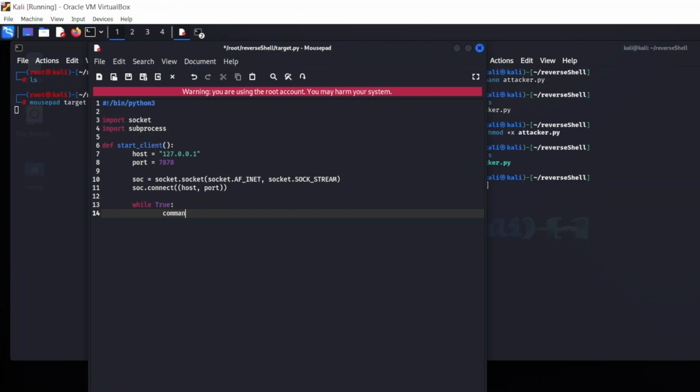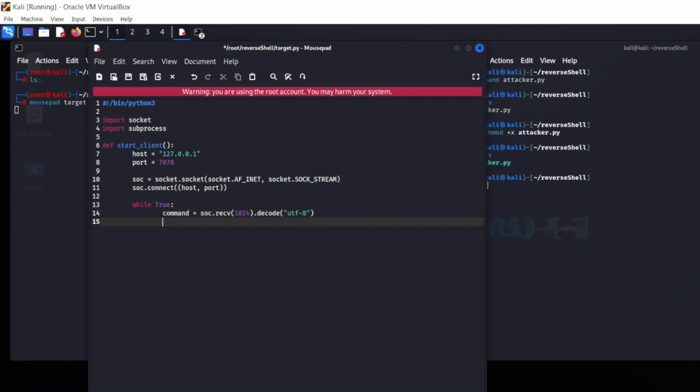So command is going to be equal to .recv, and we're going to need 1024 bytes. We want to decode this because it's in bytes, so we decode it, we need UTF-8. Okay,